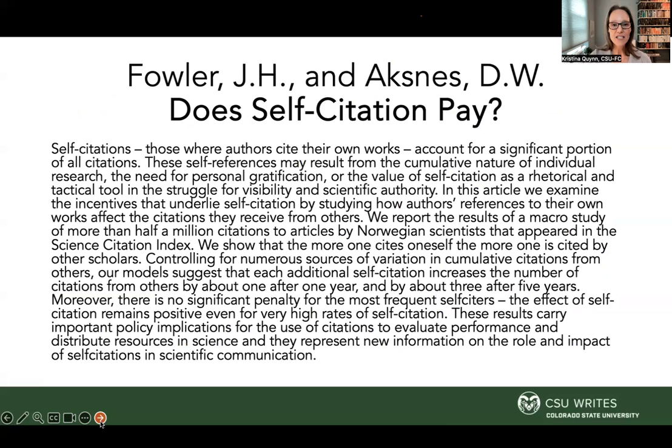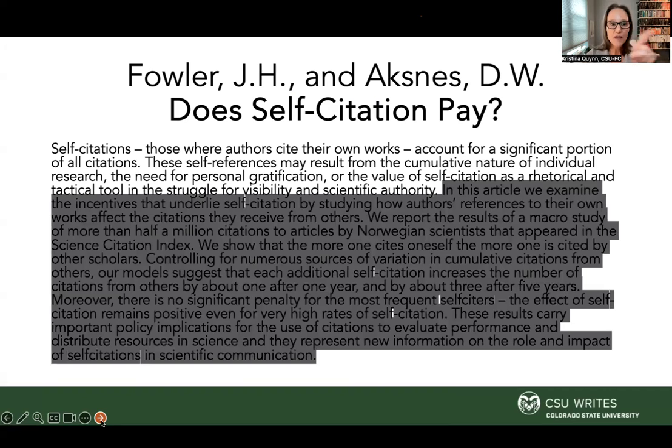All right, self-citation and how does it pay? I'm going to move through this one really quickly as well, but just know that this is an article about self-citation that I think it's appropriate for us to be talking about in a publications course. I won't refer back to it in any other way other than the abstract, but it is useful to see how they structured it. It too is a summary abstract, and it's ultimately about their findings.